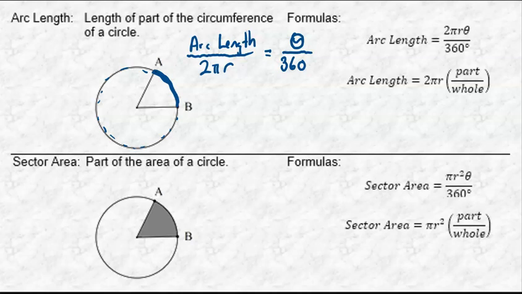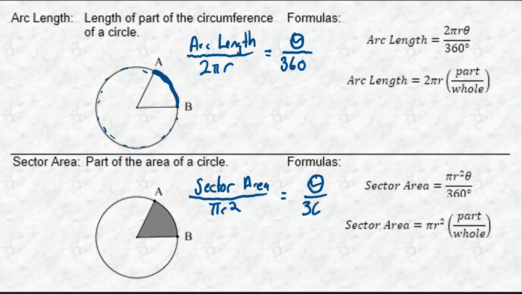And the same thing applies for sector area. So we can write this sector area over pi r squared, which is the entire area of a circle, equal to theta over 360, which is part of a circle over a whole circle. Okay, now that I got that off my chest,